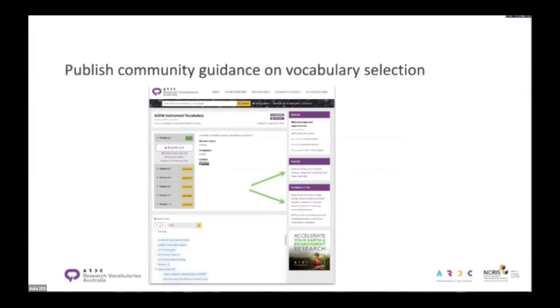In gathering this information, the guide seeks to help a user answer questions like, I have a purpose that would suit a vocabulary. I don't know which vocabulary to select. Can I see some examples of vocabulary use that may match my purpose?